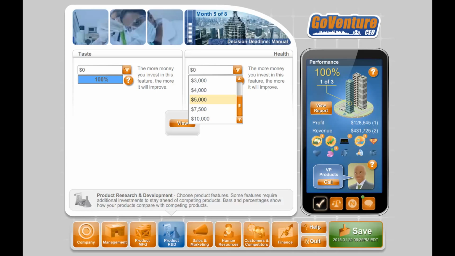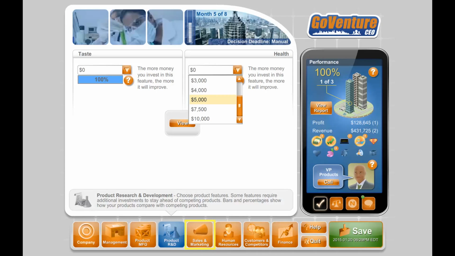Ask yourself, are there enough consumers willing to pay extra for your sports drink? That is something you will have to determine by reviewing the consumer profiles and monitoring your competitors. You need to decide on a product strategy, and then determine which R&D features will require your investment. If you want to be an industry leader for a particular feature, you will have to invest more money in that feature than any of your competitors. Use the help buttons to find out more about each product feature.